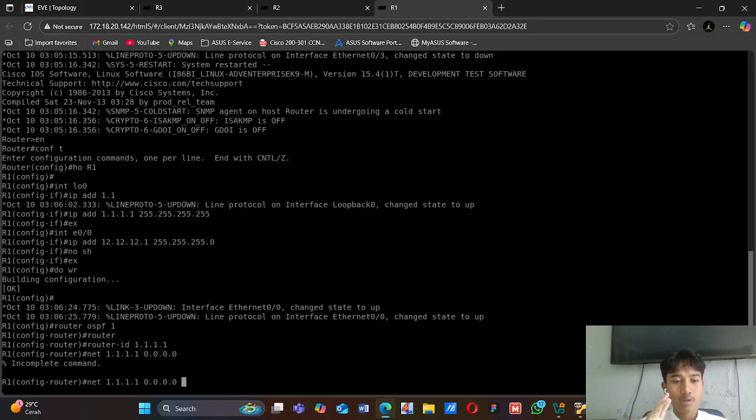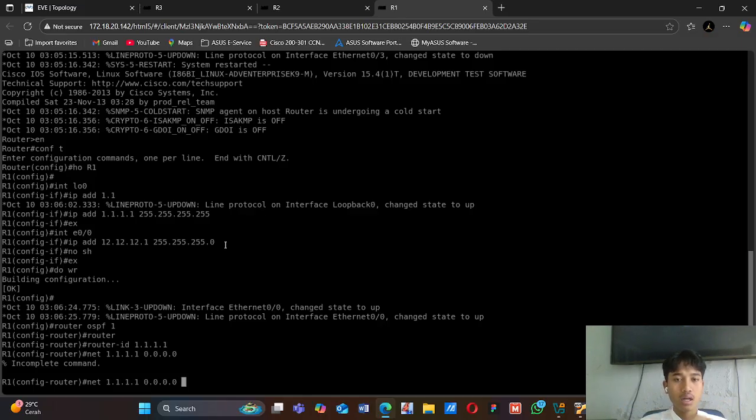In the OSPF routing protocol, you must have the backbone area, or area 0. After that, if you want to make a new area like area 1, 2, 3, that is possible, but the other areas must be connected to area 0.